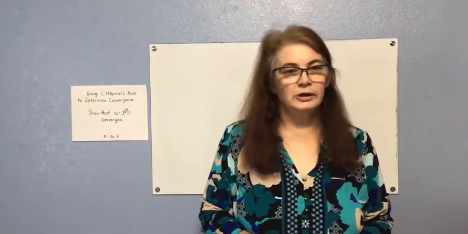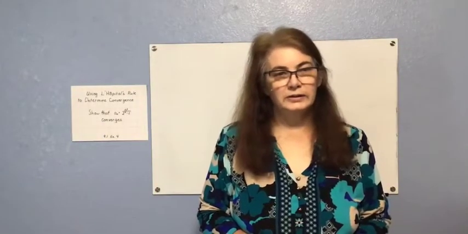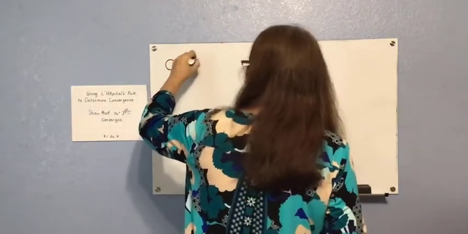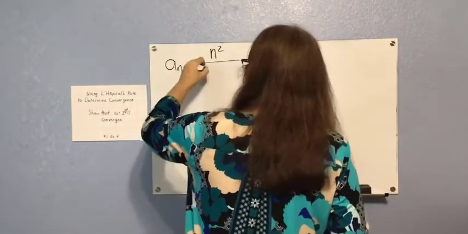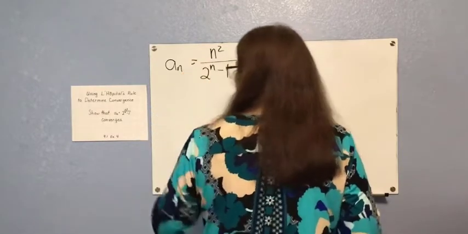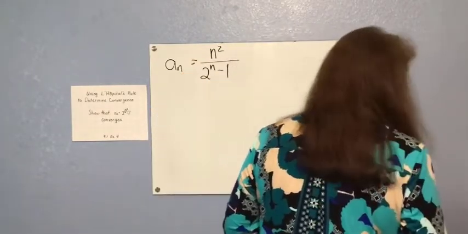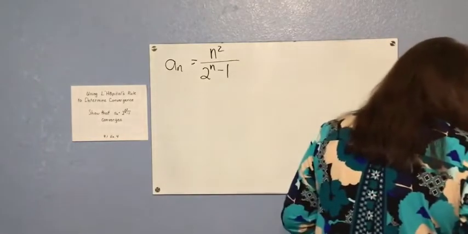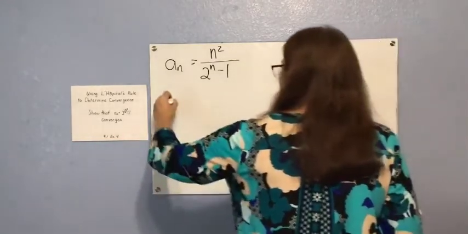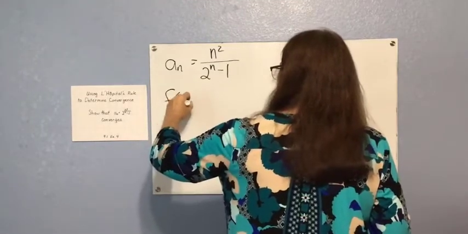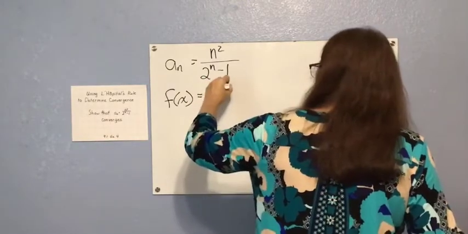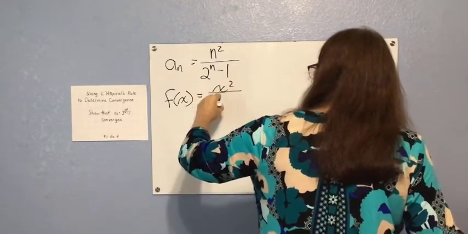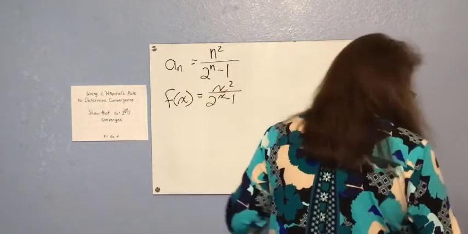Another way that we can determine convergence or divergence is to use L'Hopital's rule. Let's look at an example. I'm going to have the sequence a sub n equals n squared over 2 to the n minus 1, and I want to show that this converges. So let's look first at the corresponding function. If f of x was equal to x squared over 2 to the x minus 1,